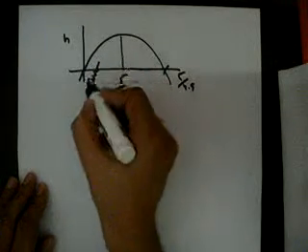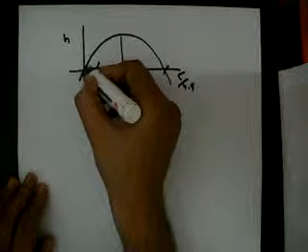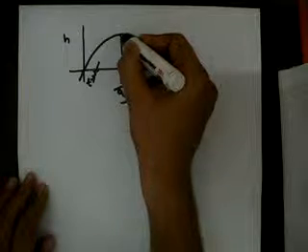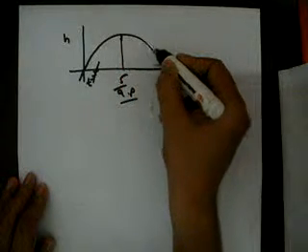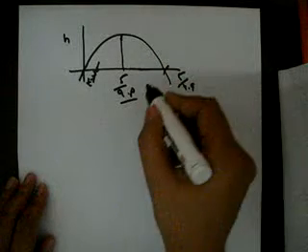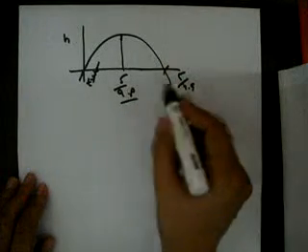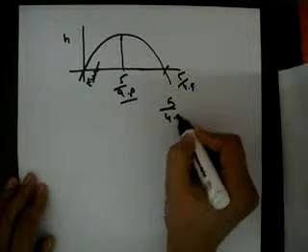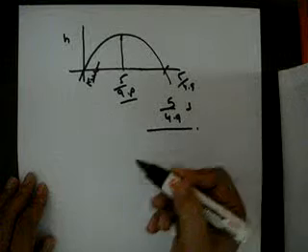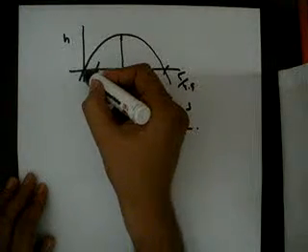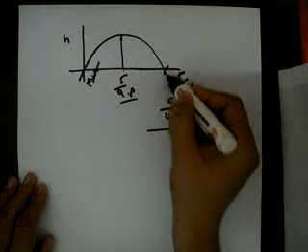So the person goes like this. At t equal to 0, he starts and he goes like this. At this point of time, he attains a maximum height. Then he falls again, and again he falls back to the ground. So the time when the person returns to the trampoline is 5 by 4.9 seconds. So he goes like this, attains the maximum height, and comes back at 5 by 4.9 seconds.